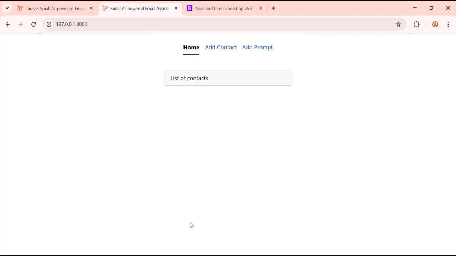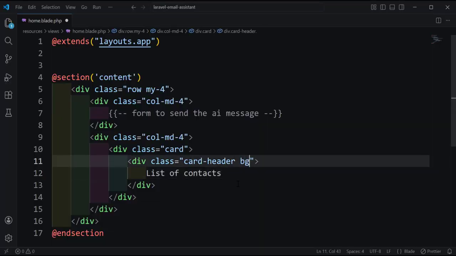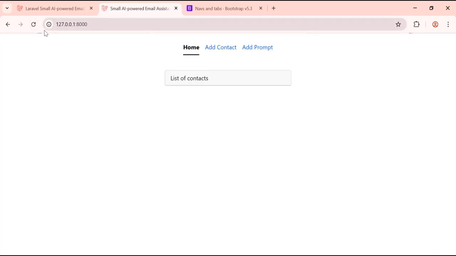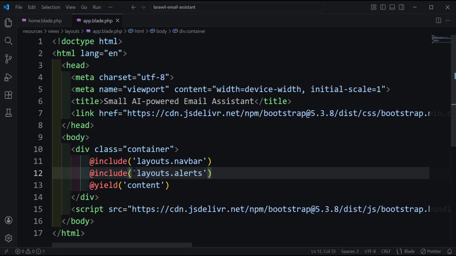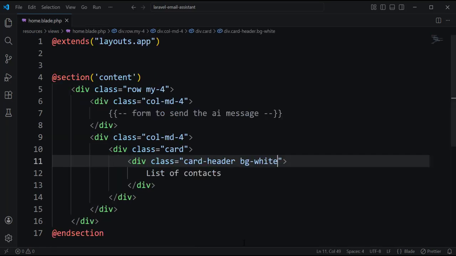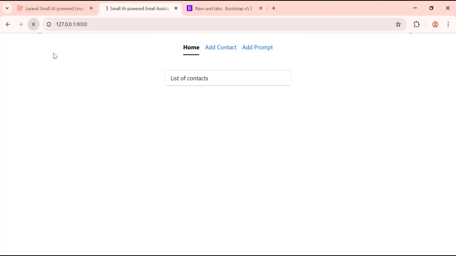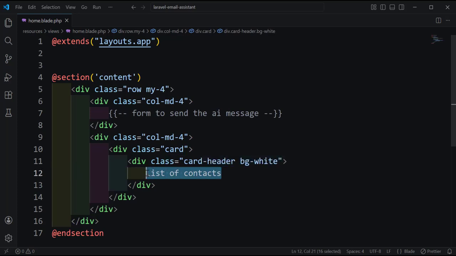Let's make the background white. Save, let's go back, refresh, and I think it's better. We can do something. Let's go to our app.blade.php, and for the body here, let's give it class bg-light. Save, close, go back, refresh. Now it's better. Okay, let's use h3,